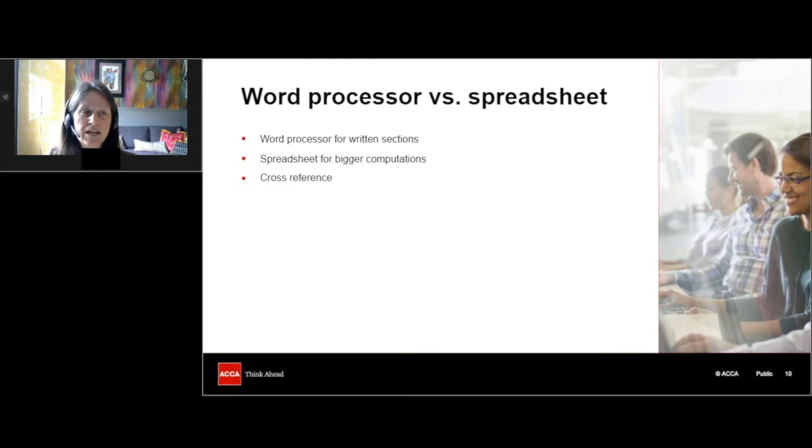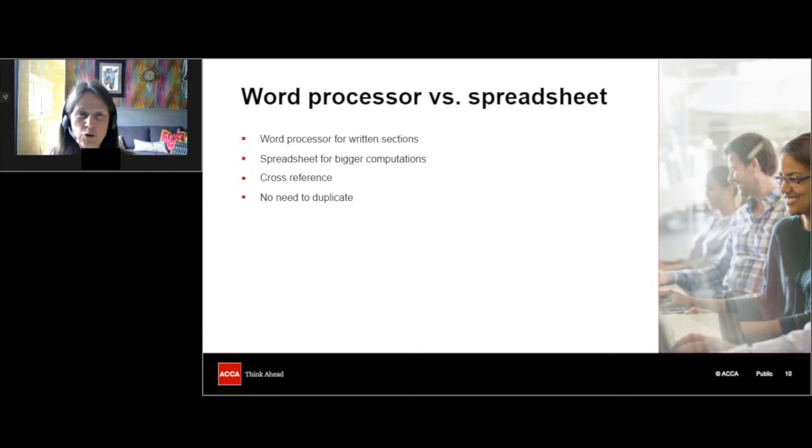They will look into the word processor, they will look at the spreadsheet just to check that they have looked at everything that you've written. But it does help them if you write in your answer "C spreadsheet" where you've got some numbers in the spreadsheet. Now, I have heard that sometimes students will do calculations in the spreadsheet and then copy those and put them into the word processor. There is no need to do that.